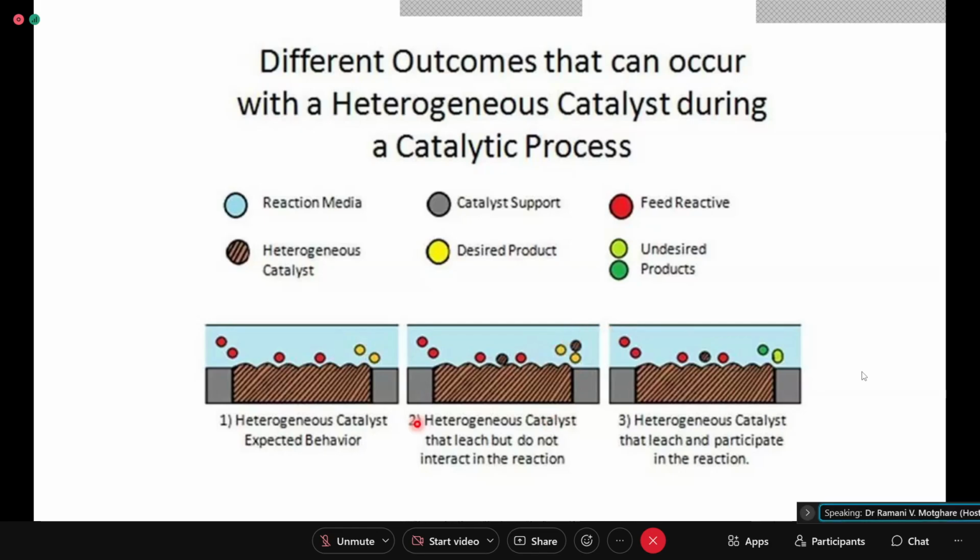But when such a reaction takes place, it is seen that there will be some undesired product formation also, which is shown by the green